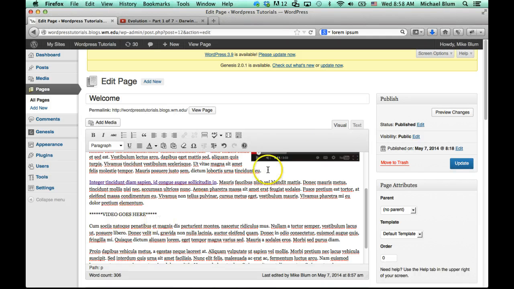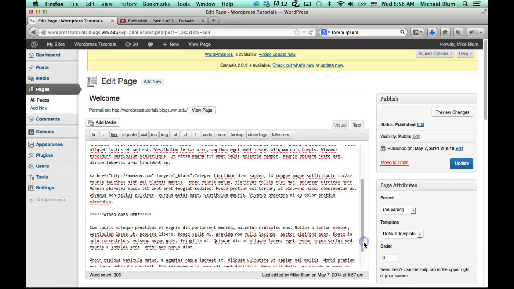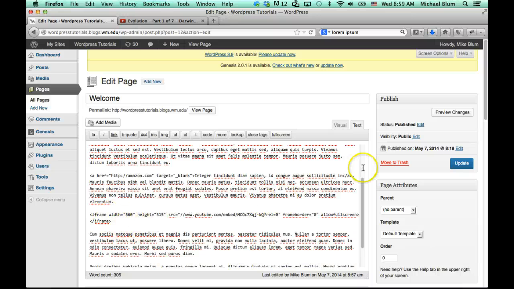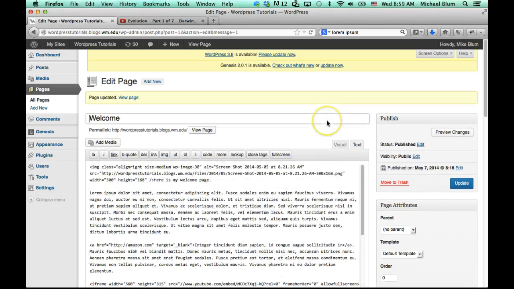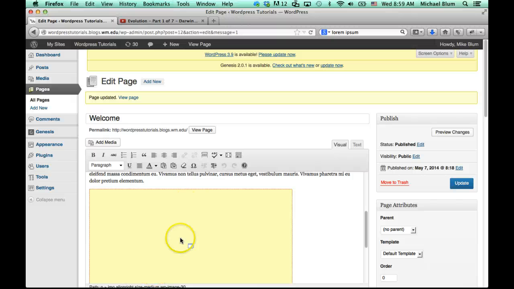"video goes here," right? And then when you switch to the text editor, you can find that area really easily where it says video goes here. So you can just select that text and paste your iframe into that area and click update. Click on the visual, and now you should see this nice little yellow box that's telling you that there's an iframe in there. And then when you view the page,